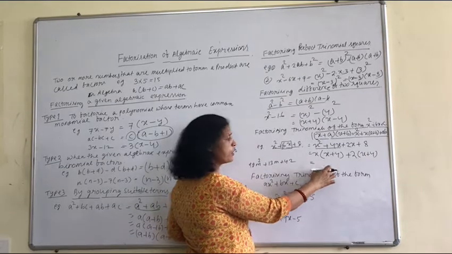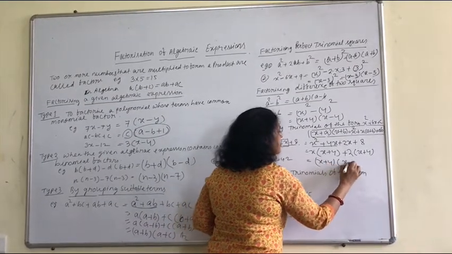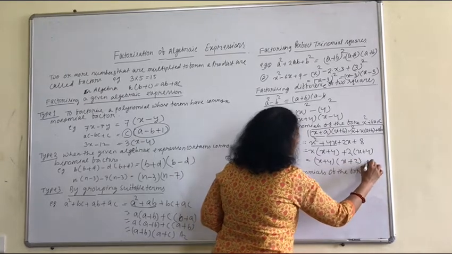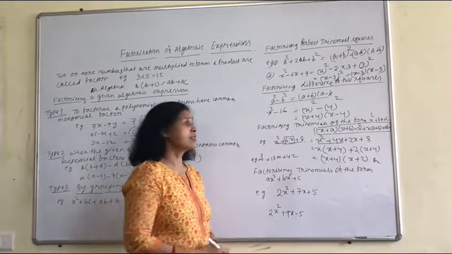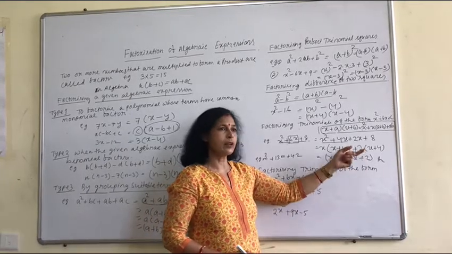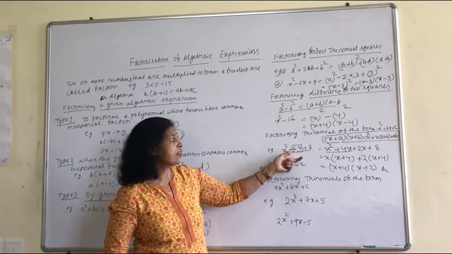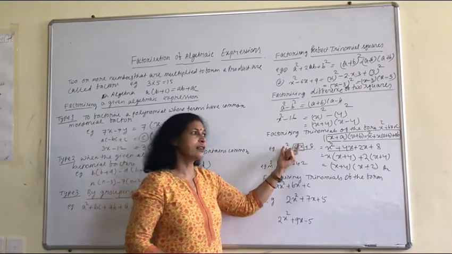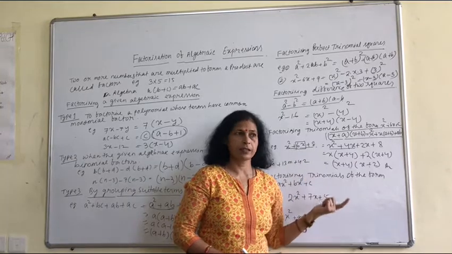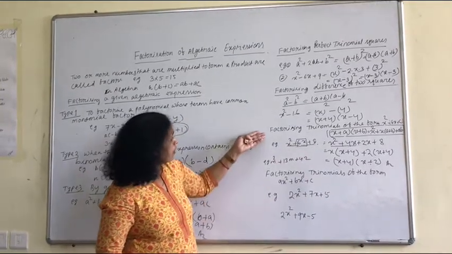So you take x plus 4 common again, so x plus 2. So what are the factors? x plus 4 and x plus 2 are the factors of x square plus 6x plus 8. This is, in other words, the middle term split. Okay, that means you have to break the middle term. Next, another